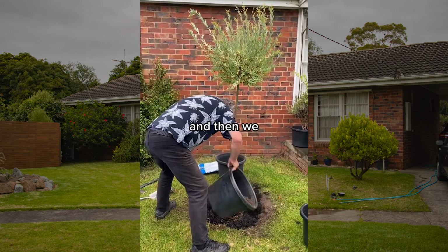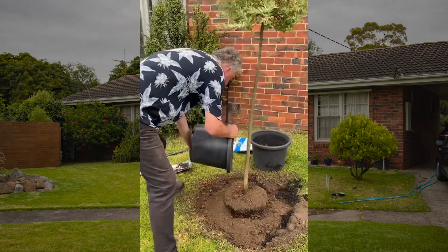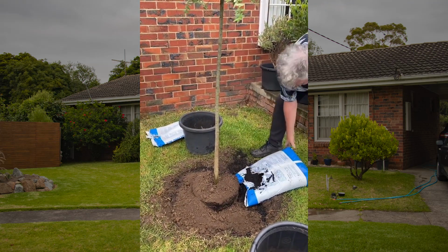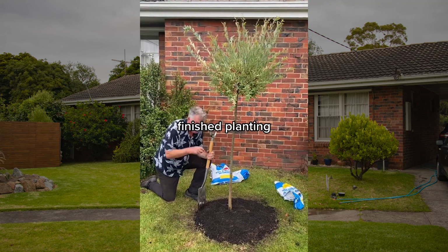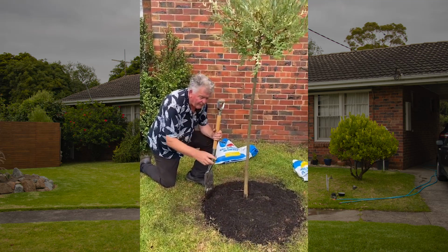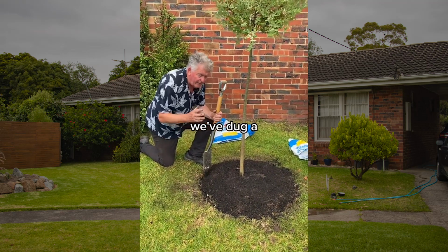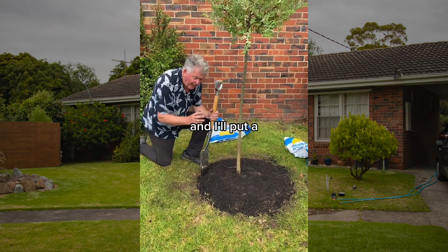And then we start putting a mixture of the parent soil and our potting mix around the tree. Now I've almost finished planting this plant, but what we've done is we've cut out a nice big circle in the lawn so that the grass doesn't inhibit the growth of the tree. We've dug a nice big deep hole, much deeper than what was needed to fit the pot in, and I put a mixture of potting